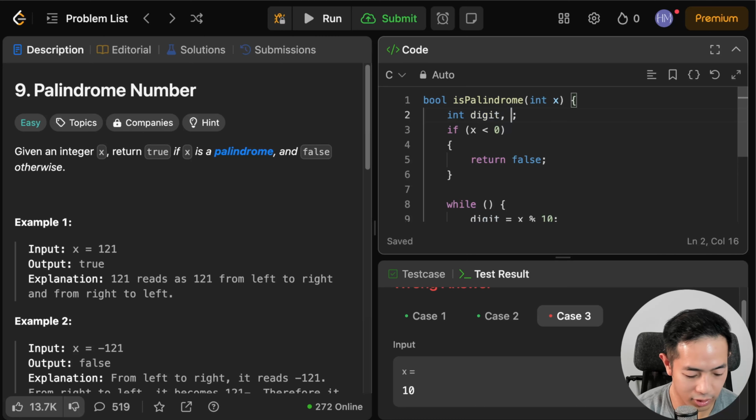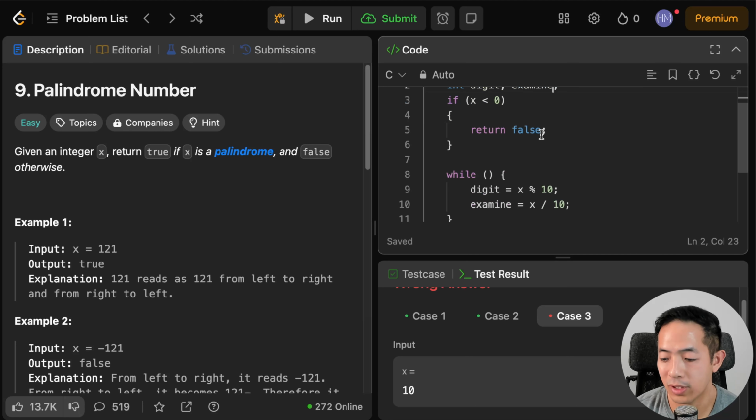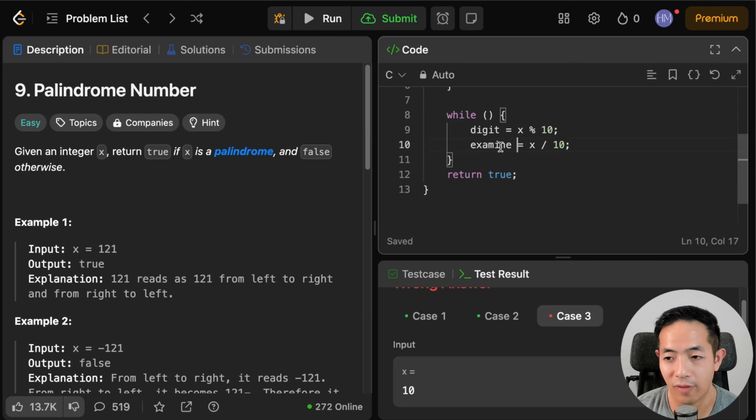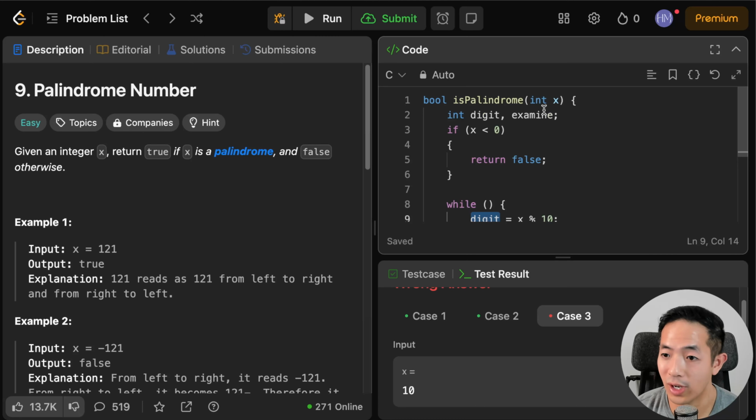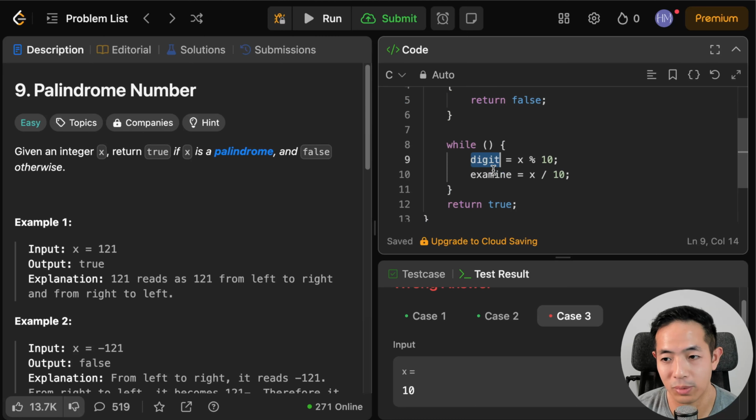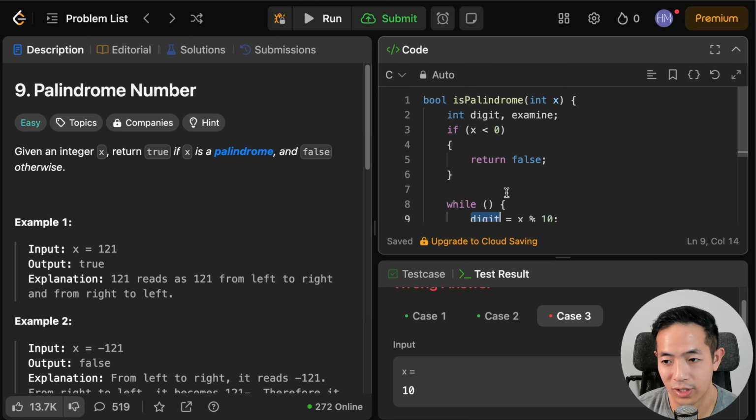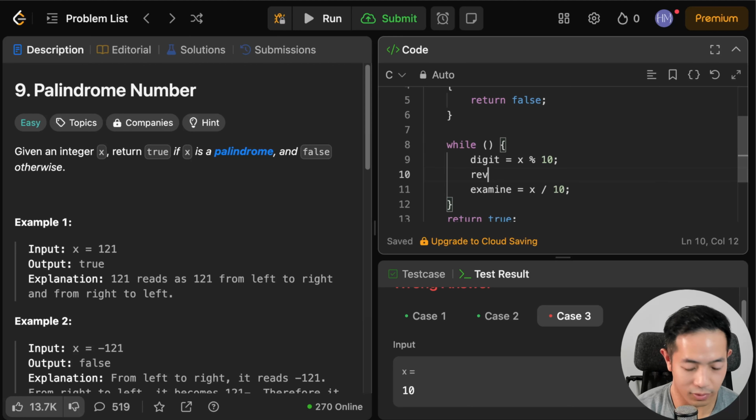So let's create another int examine. So examine is just going to have the rest of the digits. And then with this digit, we want to build our new number that we're going to compare with x. So x is the original number, and then we're going to be building a new integer that we're going to compare with x using this digit. So let's create another integer called reversed. And then we need to add this digit to reversed. So we're just going to do equals, and then reversed times 10